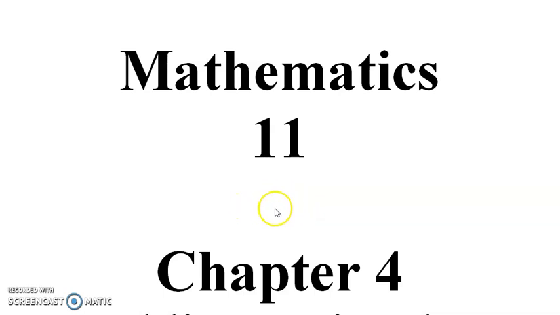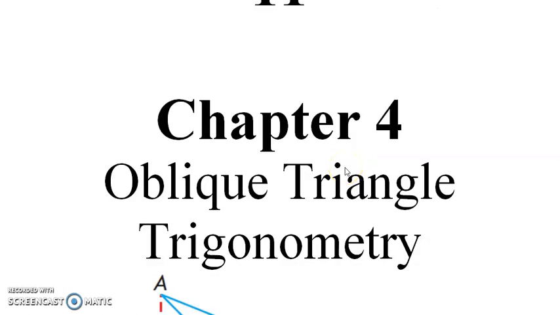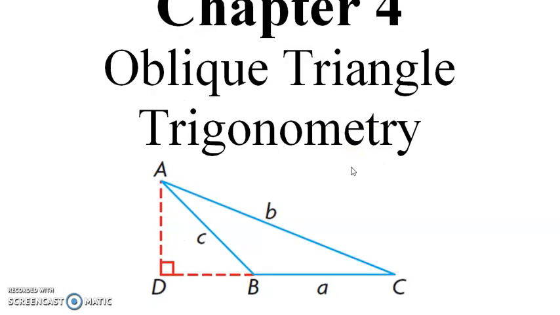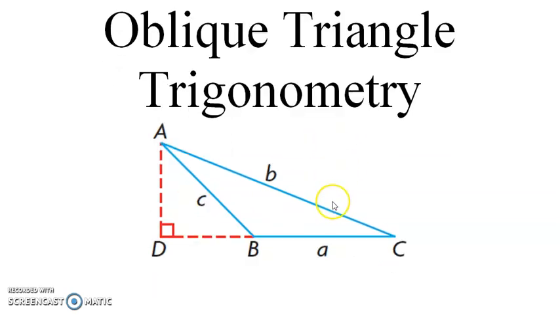Hello everybody, welcome back. Today we're doing chapter 4, oblique triangle trigonometry. So we're going to look at all different types of triangles. We're going to look at acute triangles, right angle triangles, and of course obtuse triangles, which would be the focus